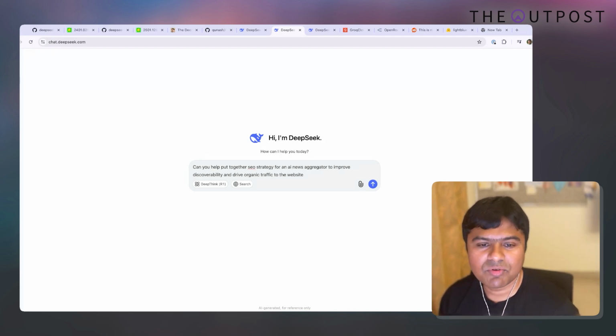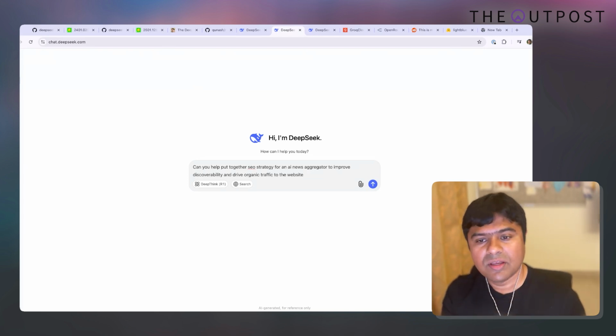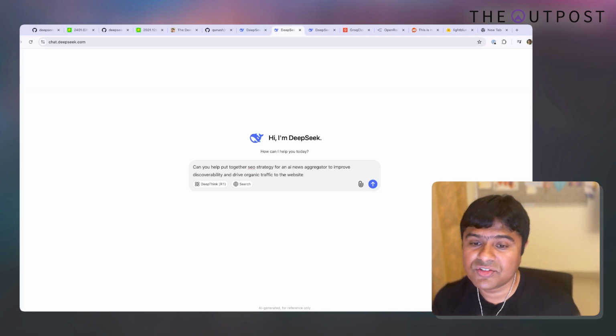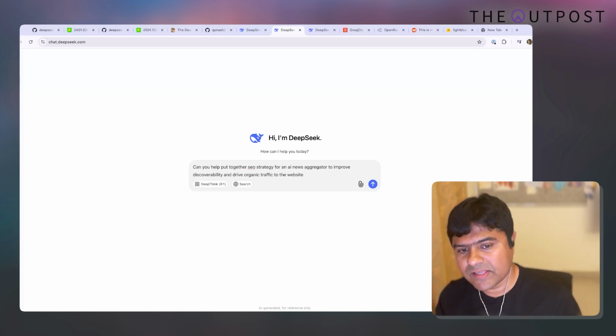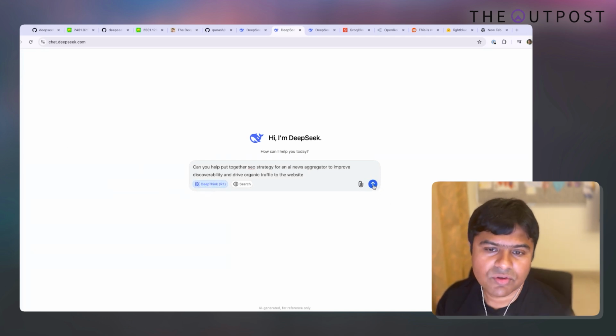A very simple prompt like this, where we're trying to ask it to create an SEO strategy, is typically very challenging for normal models because they don't have enough context. So you have to provide the context. If you're on Sonnet or 4o or any of these normal models like Llama, you have to tell it what you're looking at, what the SEO strategy means, what the site is about, and all these things. Whereas in DeepSeek, you have the V3 model which will do something very similar, but you can just click on R1 and ask it to give you a result.